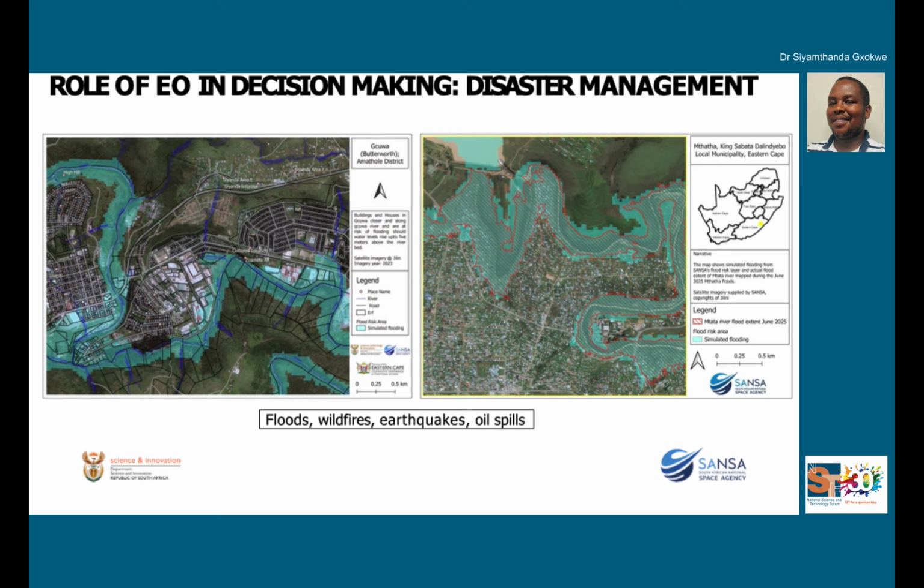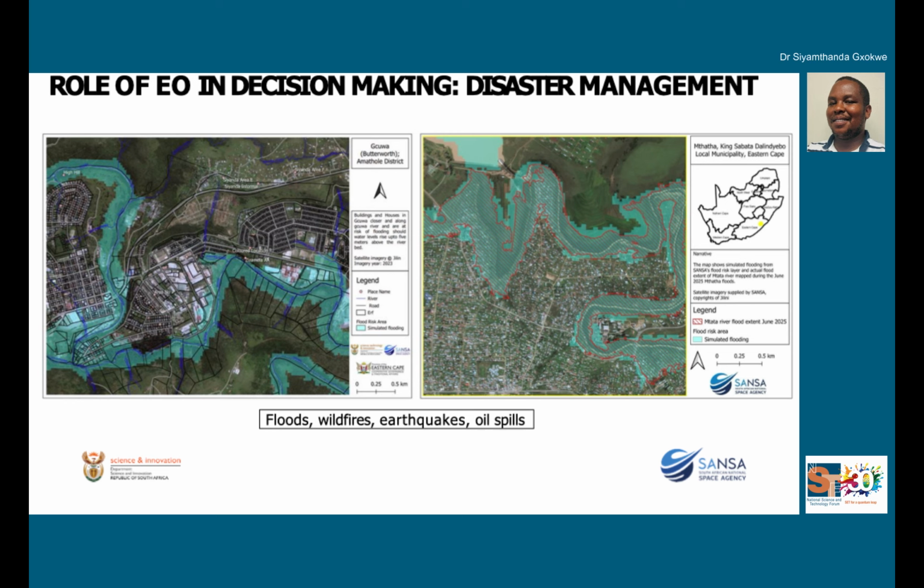And the red circled areas are basically the areas that were flooded during the flooding. So that tells us that earth observation does give us good insights into the areas at risk that would be affected during flooding events. So we are able to inform government about which areas are more vulnerable to flooding, so that there can be targeted interventions. For example, in the event that they have to move people to new places that are at less risk of flooding, then that can be implemented.